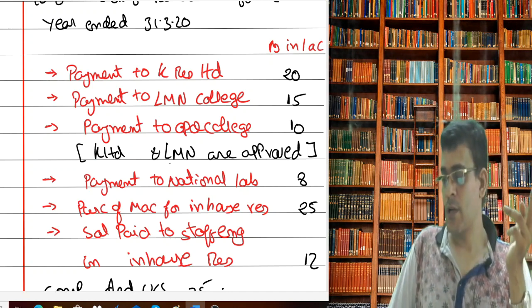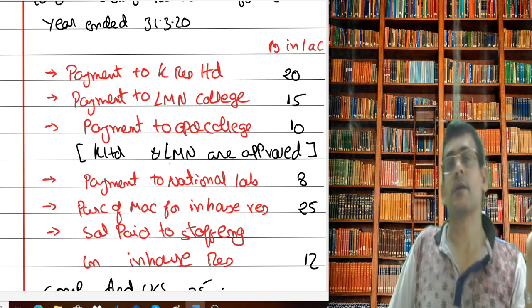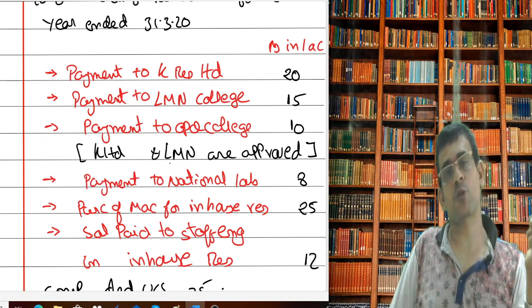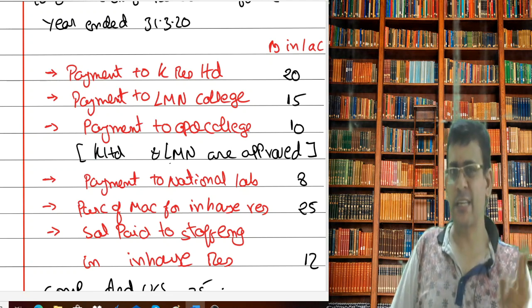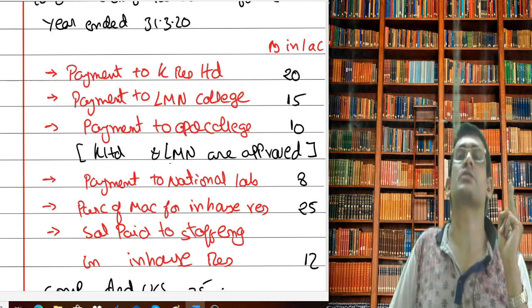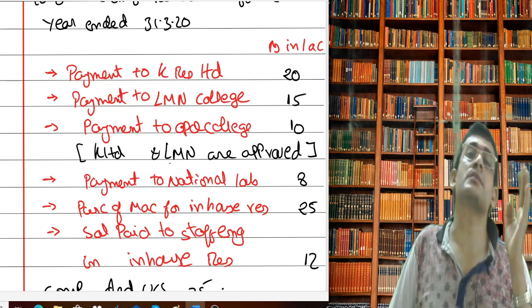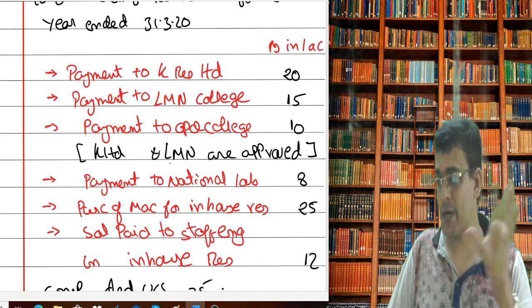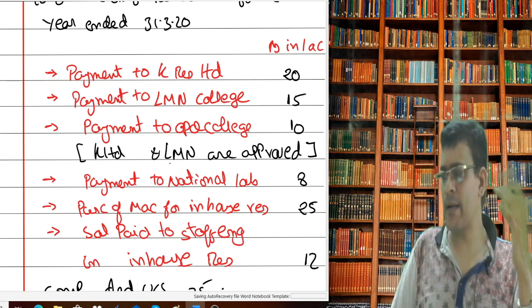Same case with the next. In-house research, you should not go to 35 subsection 2AB, but you should come to section 35 subsection 1 clause 1. What is clause 1? Any revenue expenditure incurred for scientific research. That revenue expenditure incurred for scientific research is allowed as deduction. So that is the deduction part which we are supposed to consider. So ultimately that is the summary.